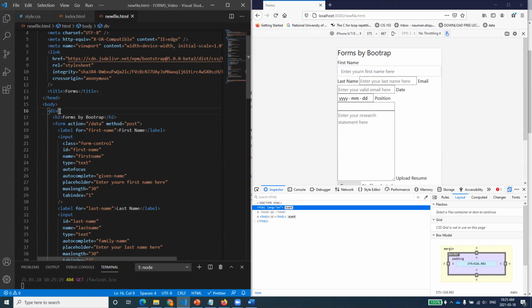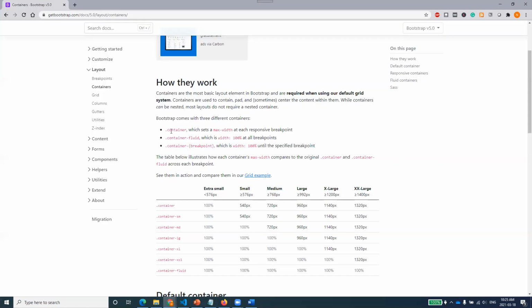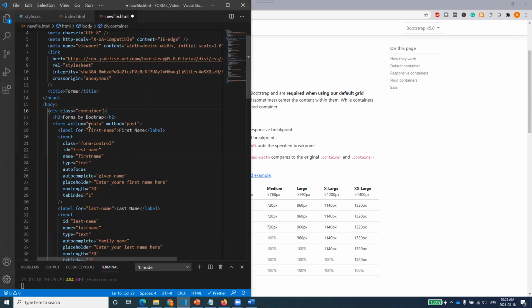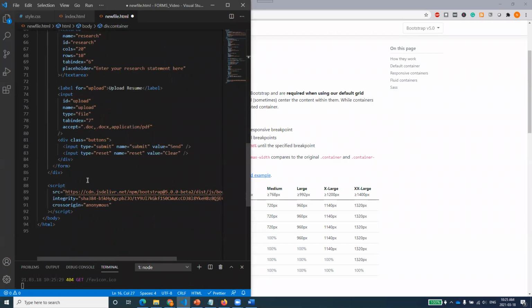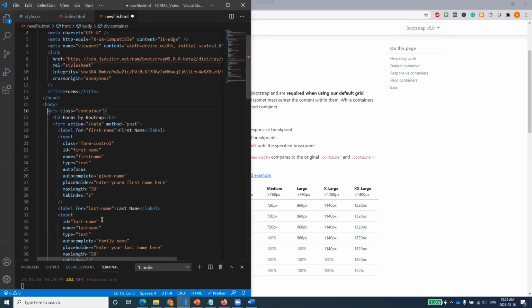You see here. But what if I do that, div class equal to container? And why am I doing that? Please bear in mind why I am doing that. Because Bootstrap says that we have a generic class, that is container. So what I do is implement a container class on my form and everything. If you see, I've started that div from the top and taken it to the end. So this div is containing everything, and I have defined a class container.